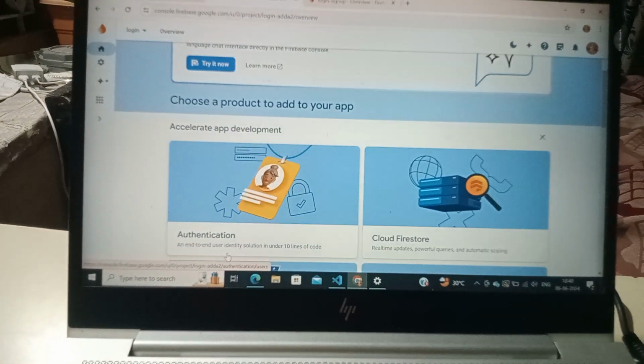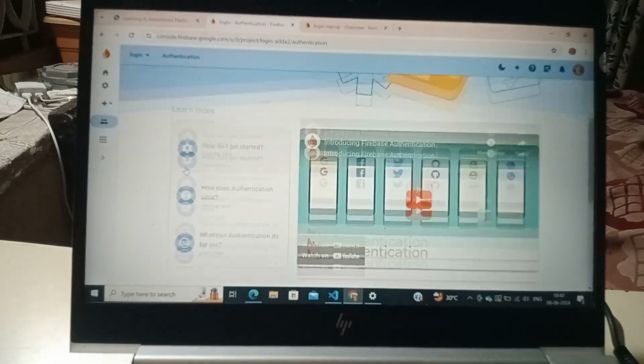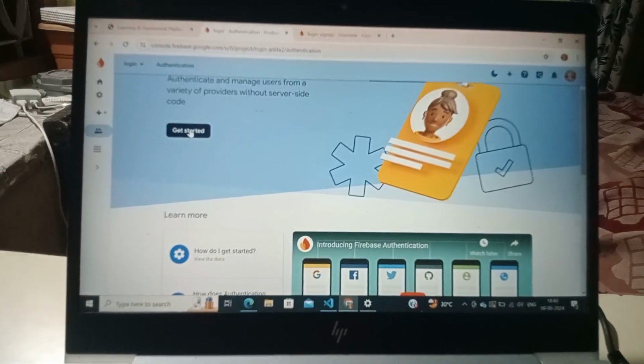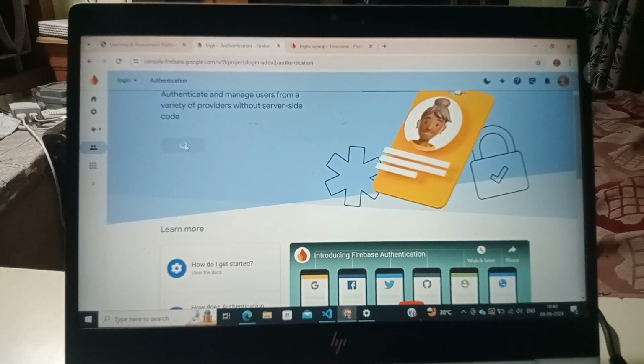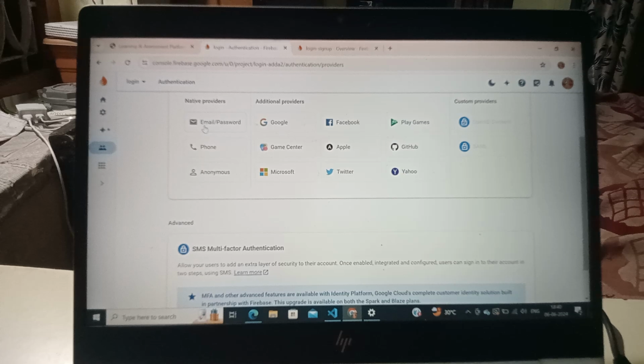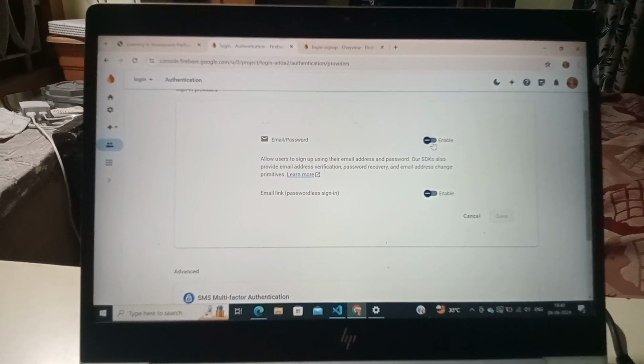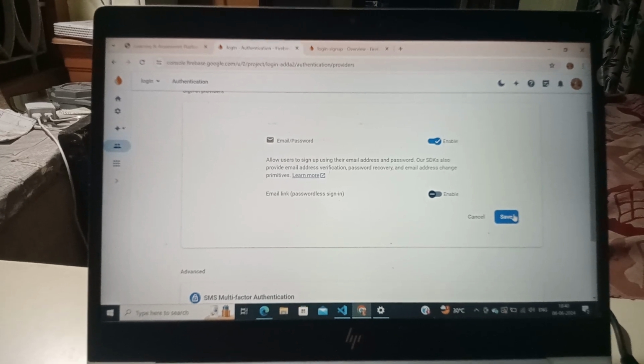Next we will go to authentication. Next we will click get started. We will go to the email and password. First of all we will enable email and password and save it.